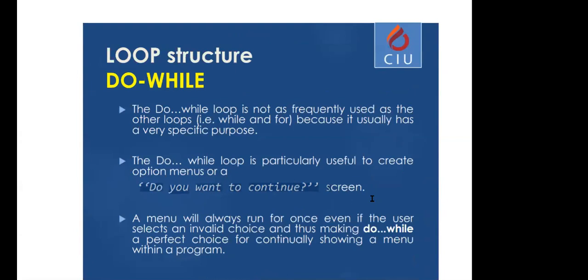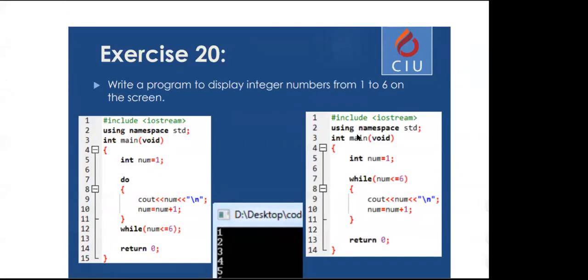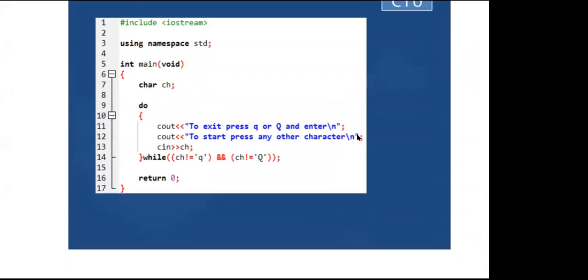So even if the user doesn't want to continue, you still need to ask this. So you still display it at least once. And that is the core structure of do while. It is not used as often as for, definitely not. So you will not see this loop that often in programming, but it has a very specific use, so it is nice to know it. Okay,